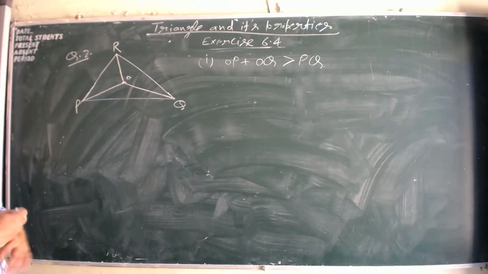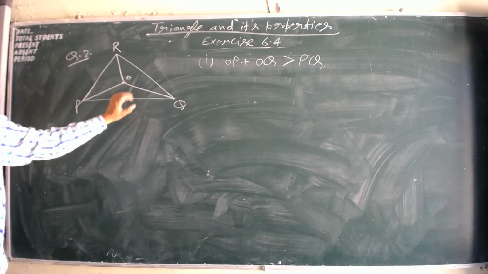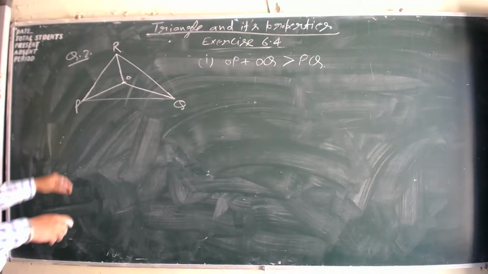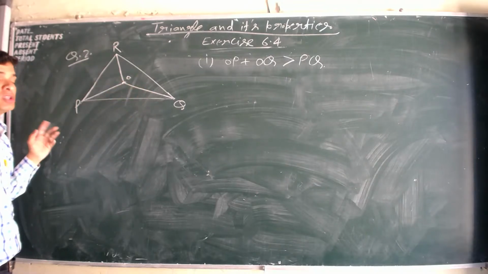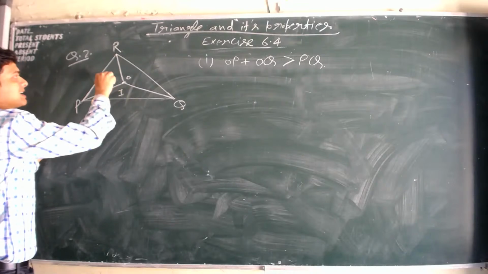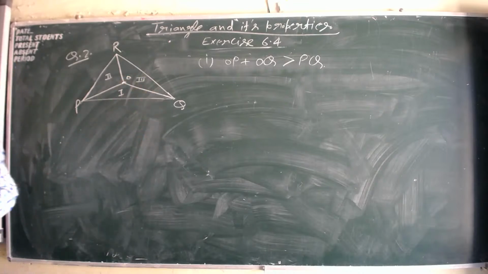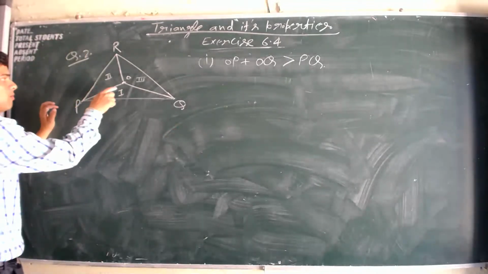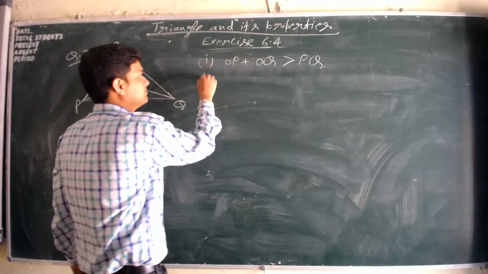क्लियर? नाउ द सम ऑफ OP and OQ should be greater than PQ. Is it possible or not? Yes, it is possible. इसमें देखो इन सभी आर्म्स के बनने से ये पूरा ट्रायंगल जो है वो 3 पार्ट्स में डिवाइड हो गया. 3 ट्रायंगल्स में डिवाइड हो गया. फर्स्ट ट्रायंगल, सेकंड ट्रायंगल एंड थर्ड ट्रायंगल. तो ये फर्स्ट ट्रायंगल के आर्म्स है. देखो OP, OQ एंड PQ. ओके, तो हम लिख सकते हैं हियर